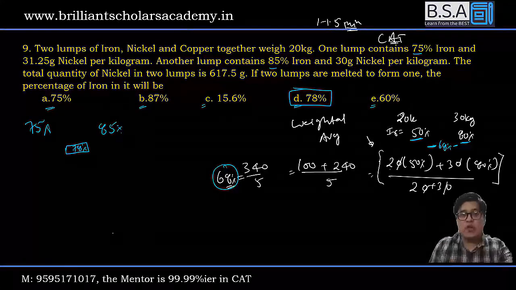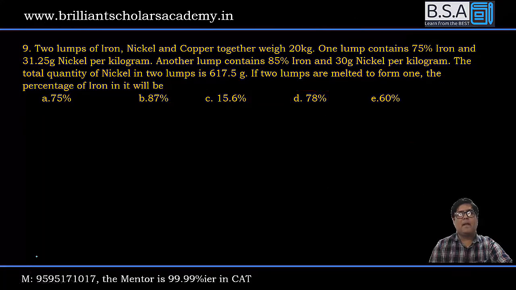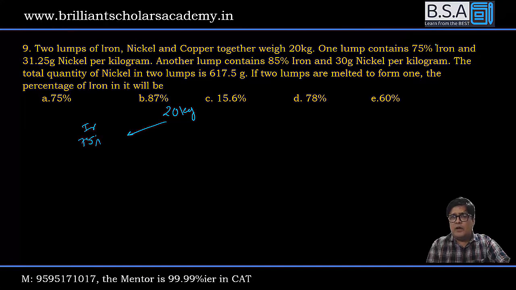Now let me teach you how to solve this. What if there were no answer options? It was a theta question. I'll clean the screen. What the question is saying is, there is 20 kilograms of alloy. On one side you have 75% iron, and then what is this information? And